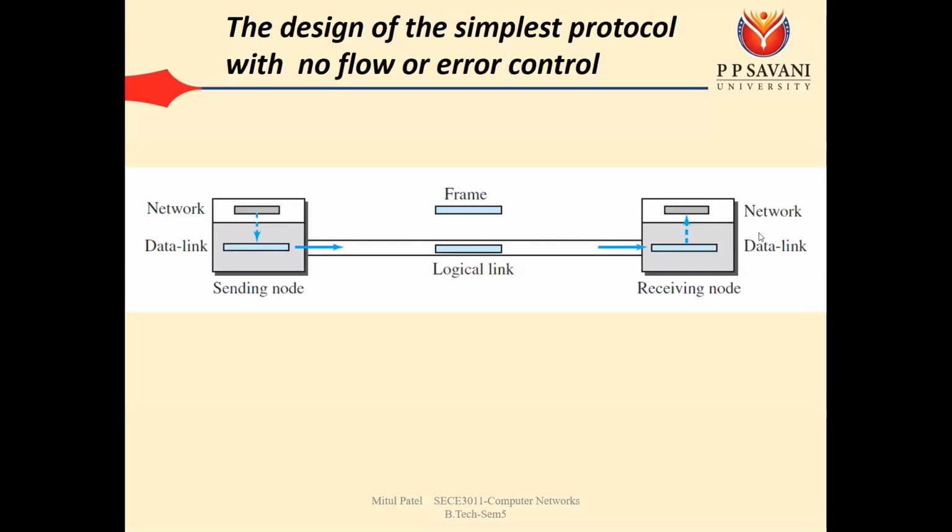Okay, so now this receiving node has the data. So that data frame will be now delivered to the network layer. Data link layer will deliver this frame to the network layer. The network layer will create the packet, and then it will deliver to the transport layer and then application layer, like that. Okay, so what happened in the simplest protocol is that there is no flow control and there is no error control, that we are assuming that no packet is lost during the transmission, as well as no data is corrupted during the transmission.